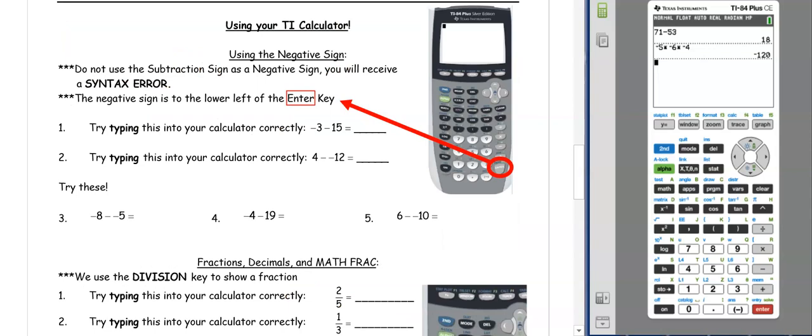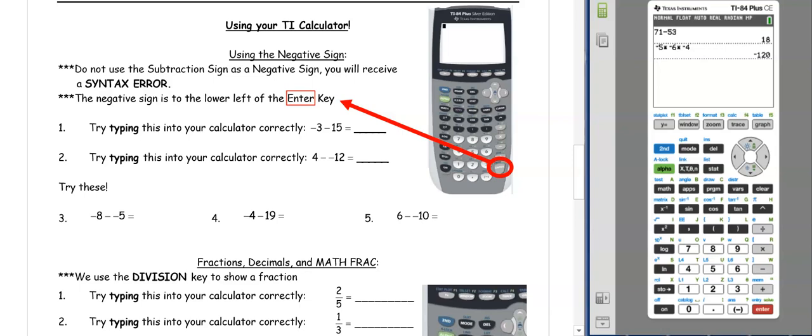So the first is to use a negative number. When we are using a negative number, our negative sign is going to be to the left of the answer or enter key. So it's going to be between the enter key and the decimal point. Your calculator may look a little bit different than the one I have on my screen or the one on the note page. So in number one, we want to type